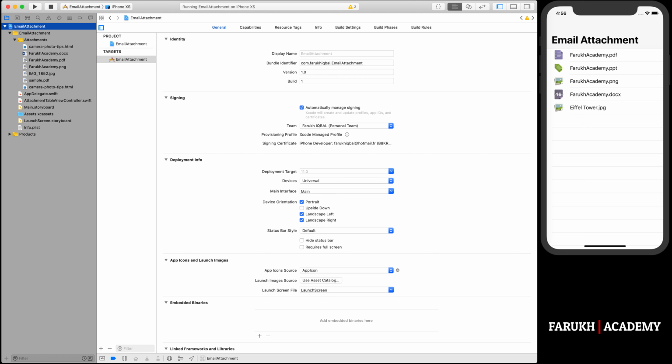So in today's lesson I'm gonna show you how we can work with email and attachments. Basically, you have to know that the Message UI framework has made it really easy to send an email from our apps. You can easily use the built-in APIs to integrate an email composer in your app. In this short video, I'm gonna show you how to send emails and work with email attachments by creating a